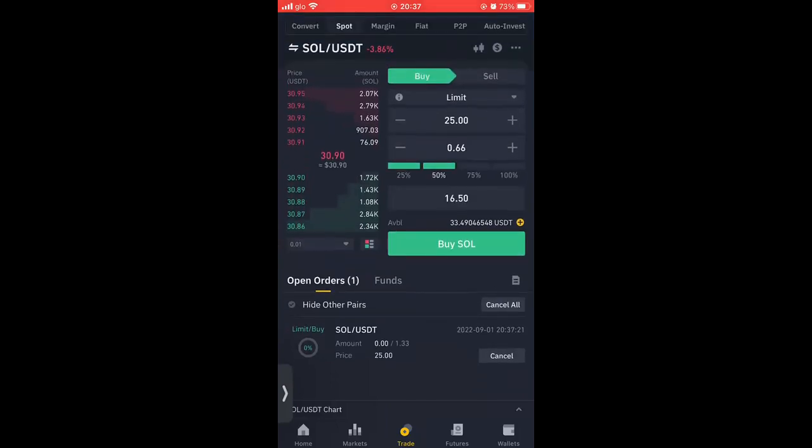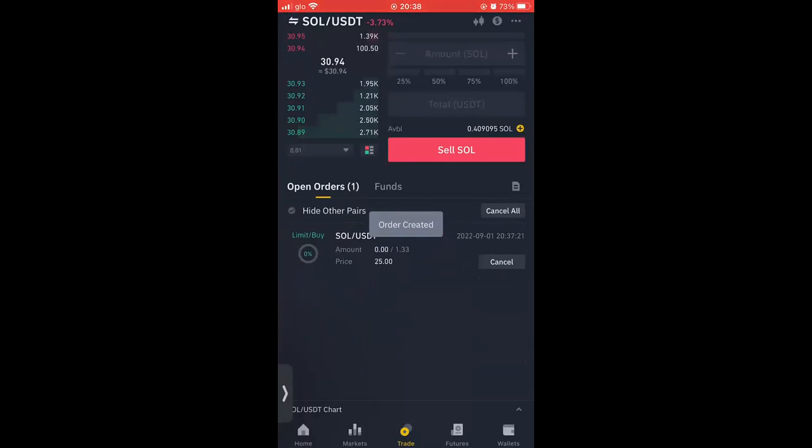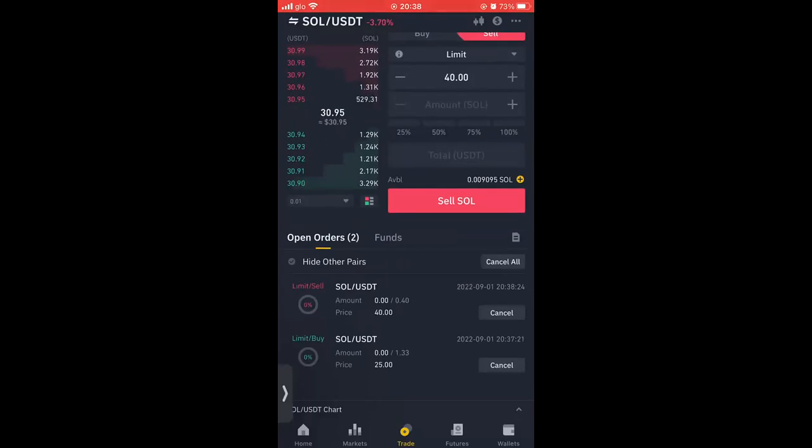Let's say you want to sell, the same thing applies. The reason I'm able to sell is because I have Solana here. Let's say the current market price is 30 now, but I'm projecting that Solana will go down, and I want to make profits from the downward trend of the market. So I click on sell. I want to use 100% of my Solana, and it's a limit. I'm just going to put 40 there. Whenever the market gets there, it takes it for me, it activates, and my trade starts running.